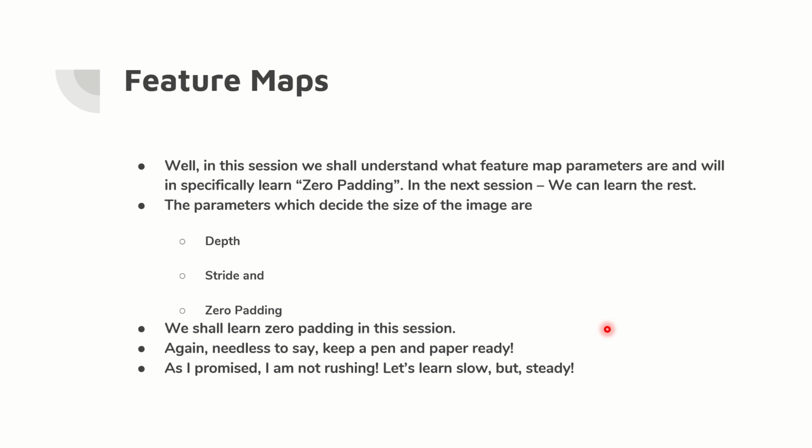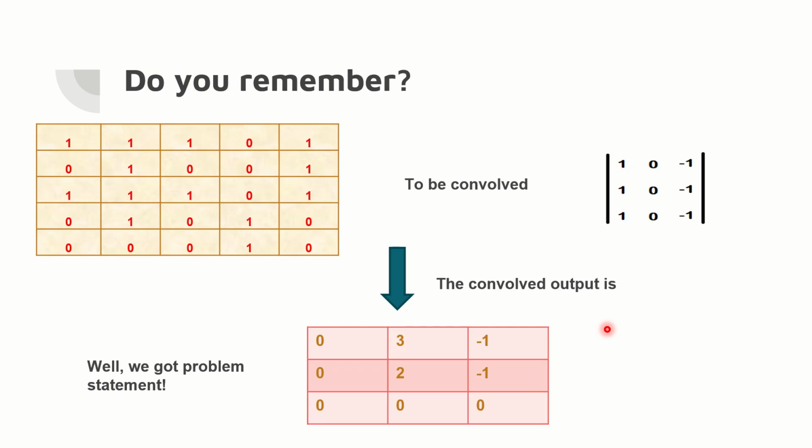In this session, we are going to go more technically, where we will understand three very important parameters which decide the size of the image. The first one is depth, the second one is stride, and the third one is zero padding. Zero padding is a very important concept that we need to understand first, followed by which I will explain what exactly depth and stride are. Remember, zero padding is a very important interview question that will be asked whenever you talk about image pattern recognition, image pattern identification with CNN, because this is a very important and very easy to understand feature.